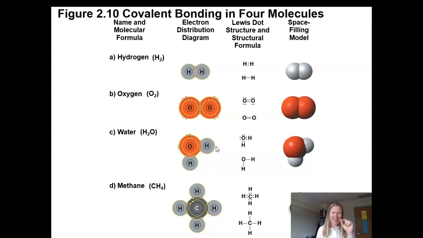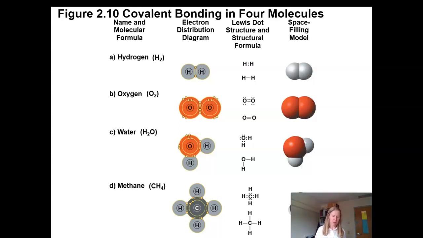Hydrogen is tiny, 1 proton, 1 electron. So when you think about the interactions between this behemoth oxygen and this teeny tiny hydrogen, how well do you think they're sharing that electron? The oxygen is kind of hogging this electron, so the hydrogen is very strongly attracted to that oxygen. So electronegativity is really talking about the pull of